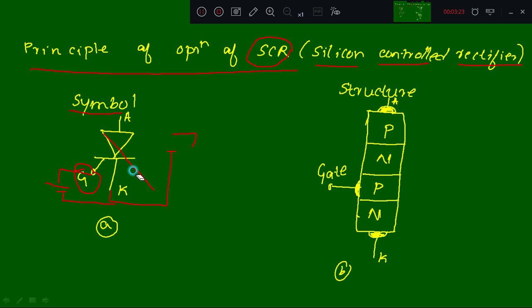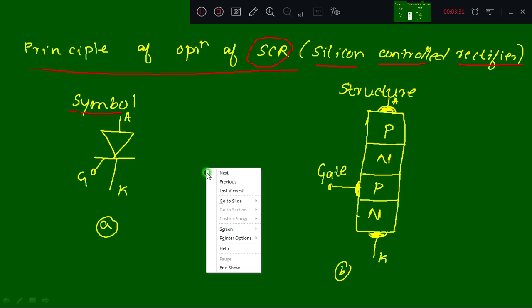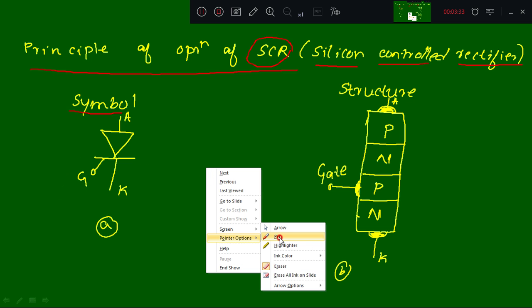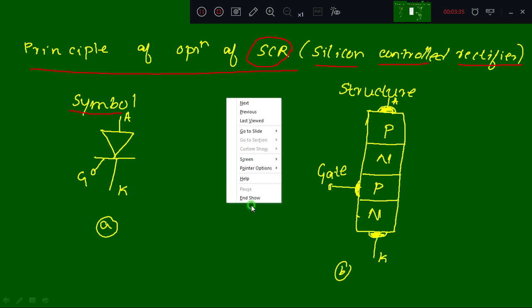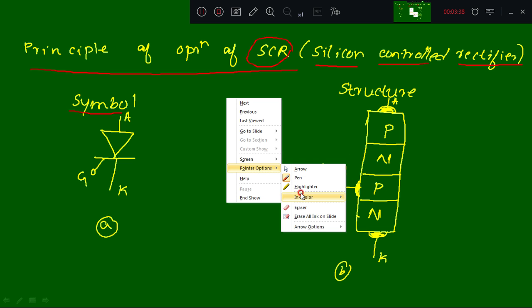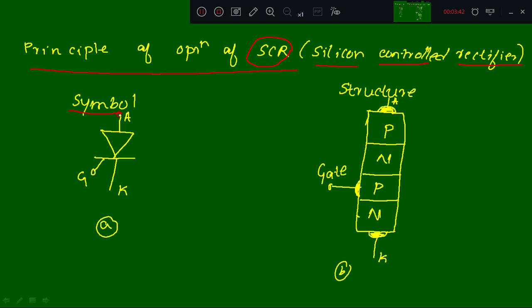So the conditions are that we need to make anode positive with respect to cathode. One more condition is that gate should be positive, gate voltage should be given.